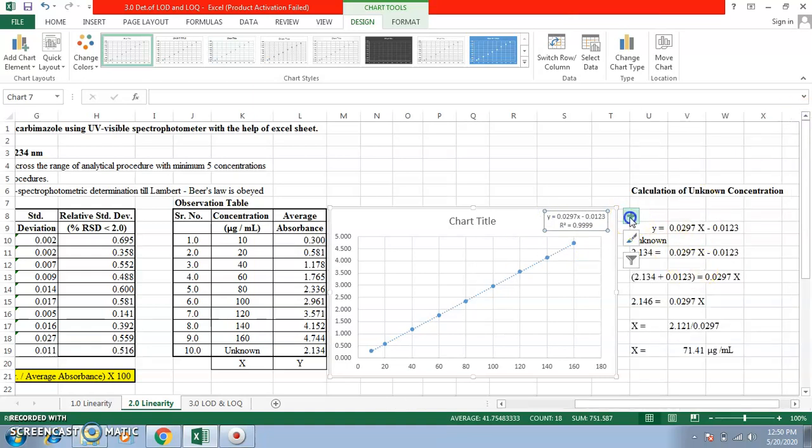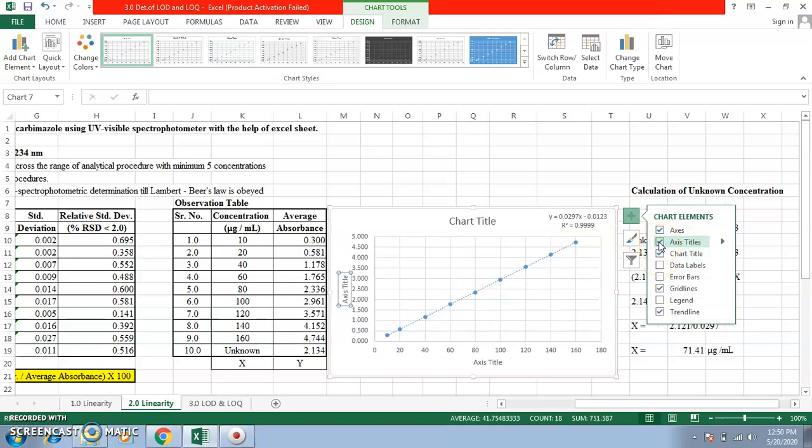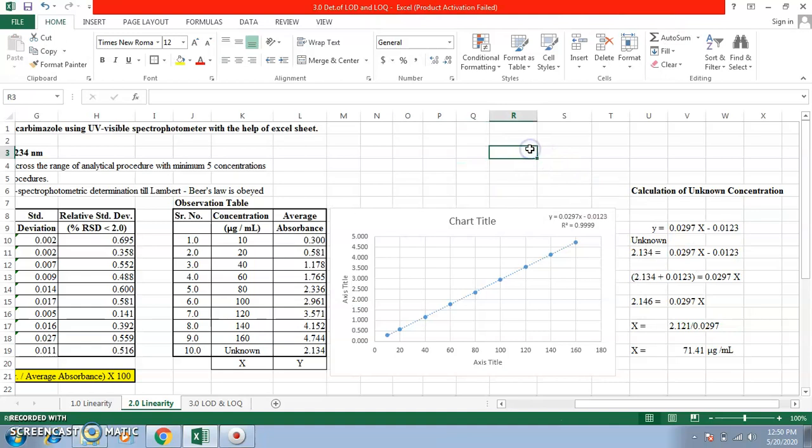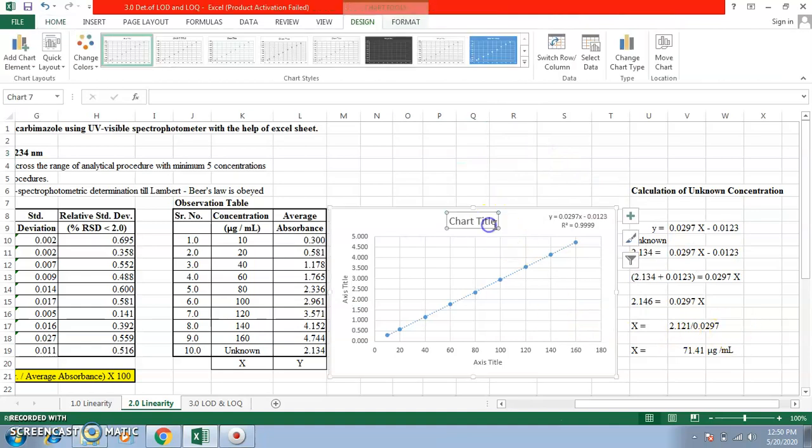Now I need a chart title, so I'm getting a chart title here, and an axis title. I'll be putting this title here. Chart title is absorbance versus concentration.